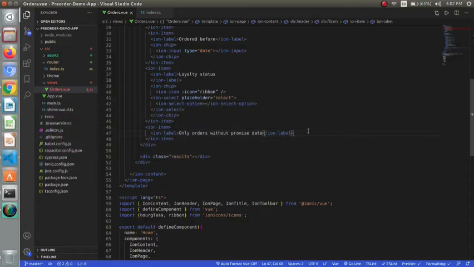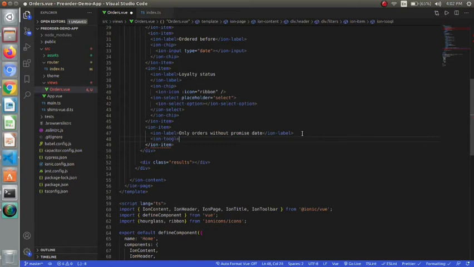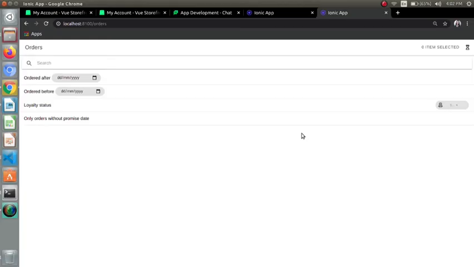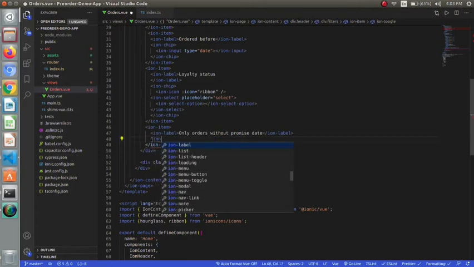Then we have a toggle button. So after this, I will be using toggle. I wrote the wrong spelling, so let's just correct it.